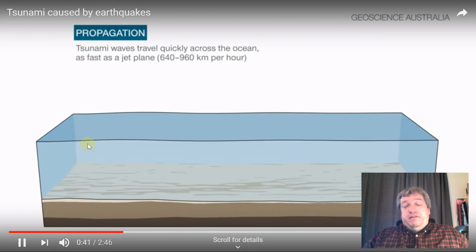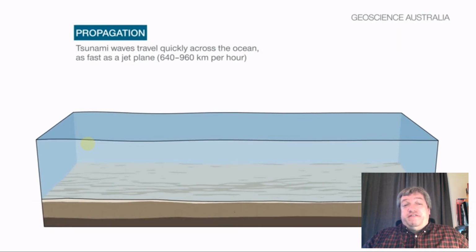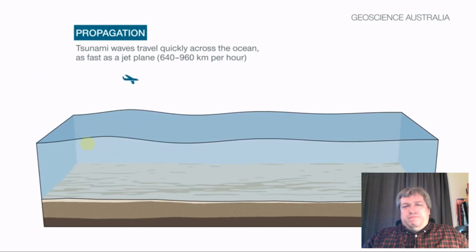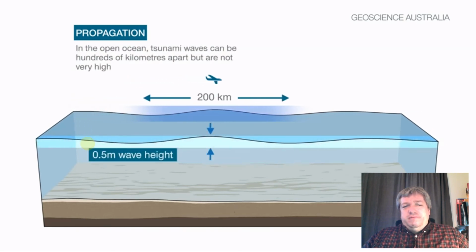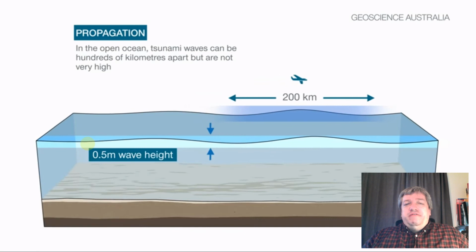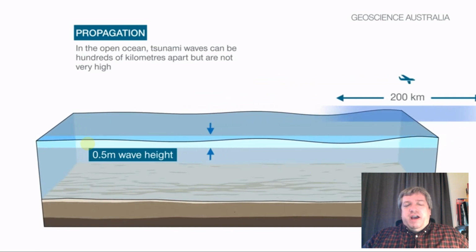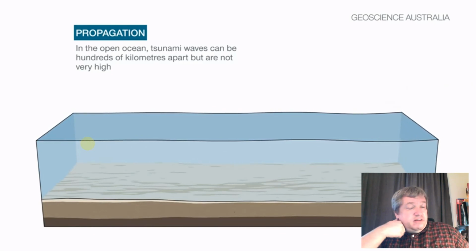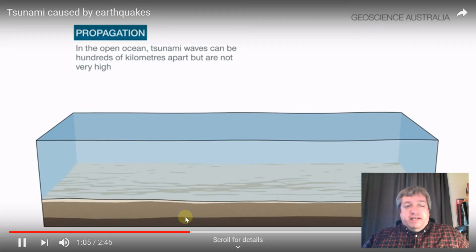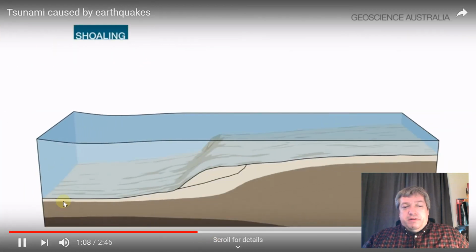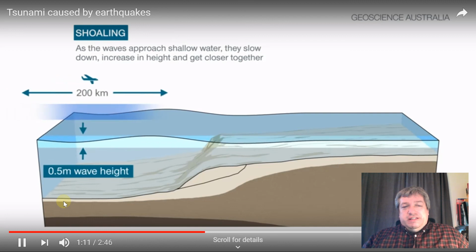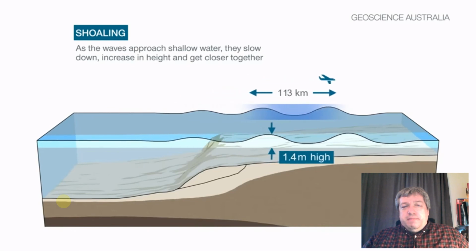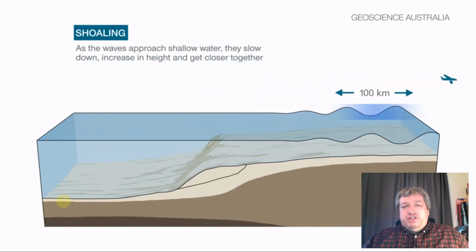And you can see that in the middle of the ocean, if there's deep water, they can travel really fast. Fast as a jet plane. But they're only maybe 2-3 feet tall, which is a half a meter, so you wouldn't really notice it in the open ocean. They're not very high, they're just small ripples moving across very fast. But what happens is they move so fast, right, that as they get closer to shore and the bottom of the ocean gets shallower, they start to back up. You can see right here, they keep on coming in, but they start backing up and pushing and pushing and pushing, and these ripples just build.